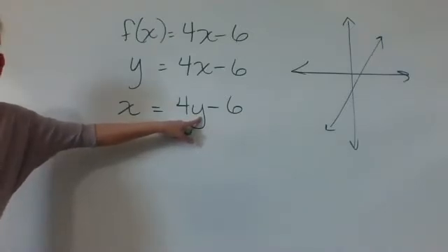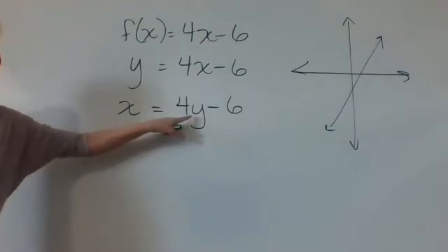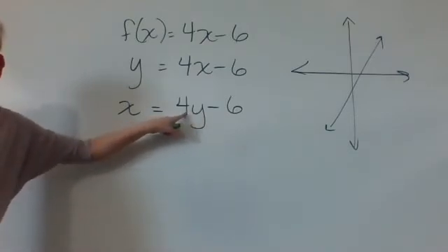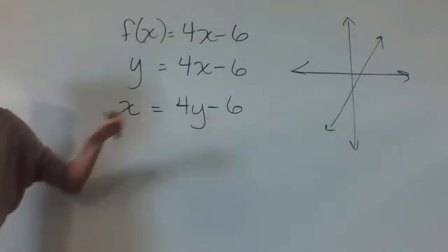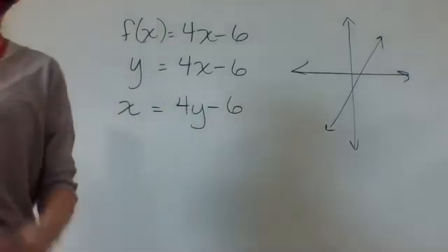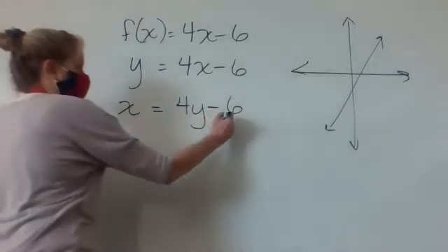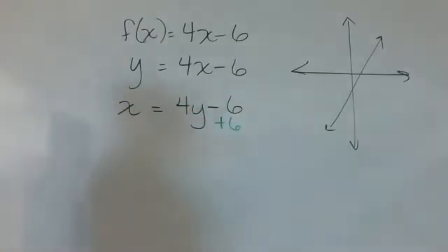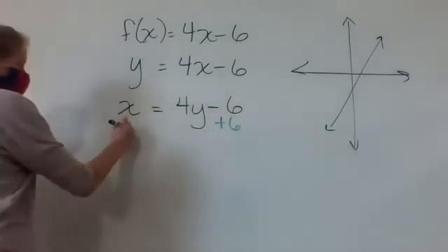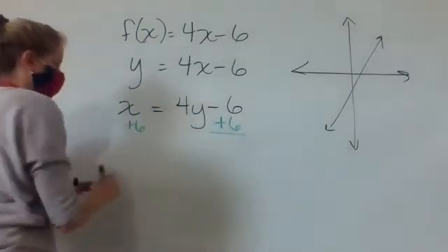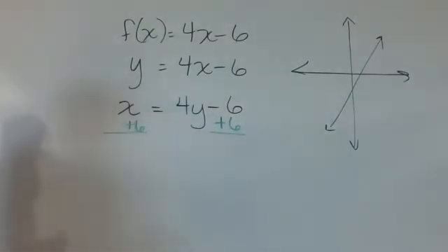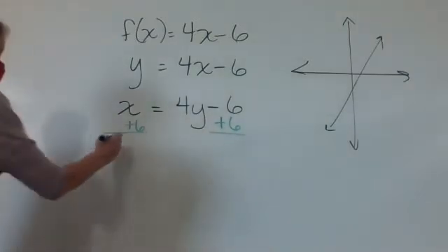Which means the first thing I need to do, remember when you're solving an equation, whatever is hooked on to what you're trying to get by itself always goes away last, right? The thing that's hooked on to that y is going to hang on until the very end. So the first thing I'm getting rid of is that minus 6 with a plus 6 to both sides. So over here on the left, I can't put those together, right? They're not like terms. So you have an x and a plus 6, which is just that, x plus 6